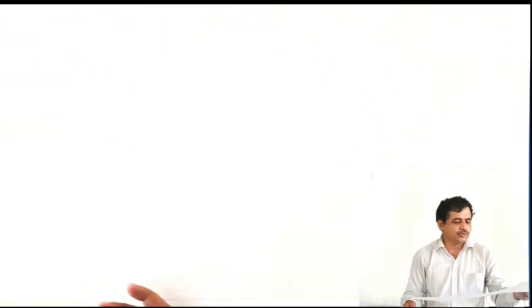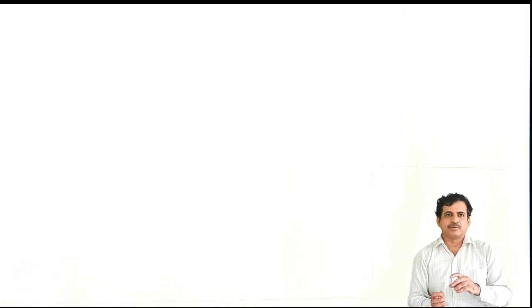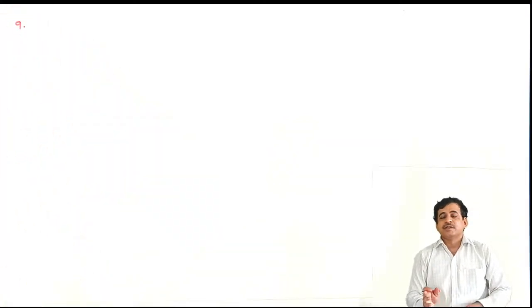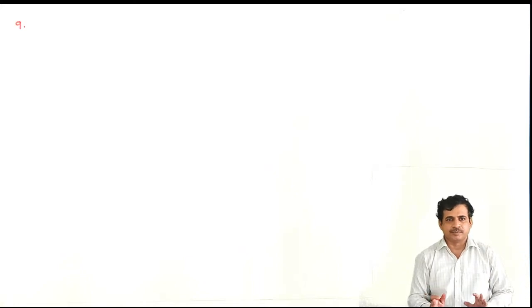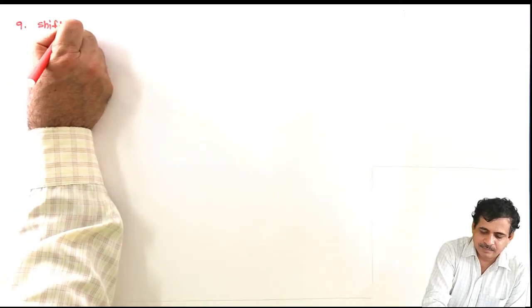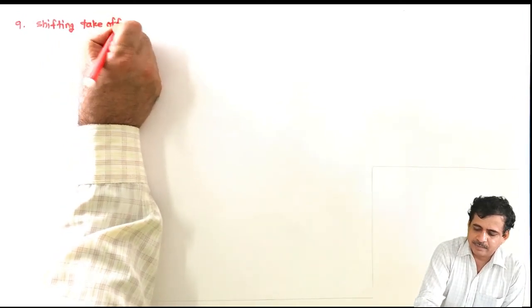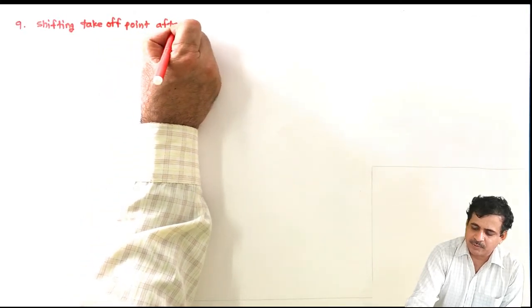But now we will see 2 critical rules. These are very critical rules that sometimes even after using the rules number 4 to 8, it is not possible to bring the system into first 3 cases like series, parallel and cascade. And then in exceptional case only we have to use these rules if at all we cannot simplify the diagram using first 8 rules. And that is nothing but shifting takeoff point after the block, after the summing point.